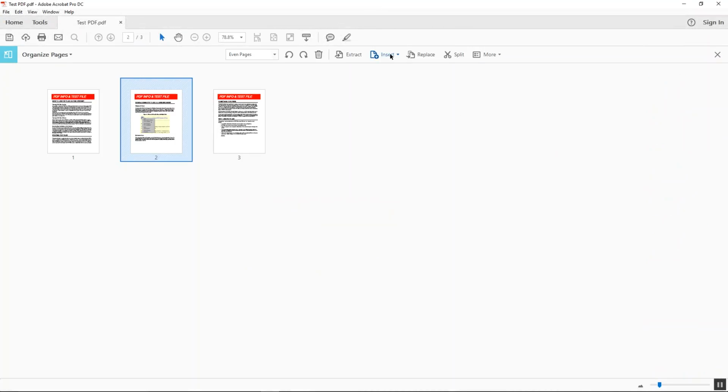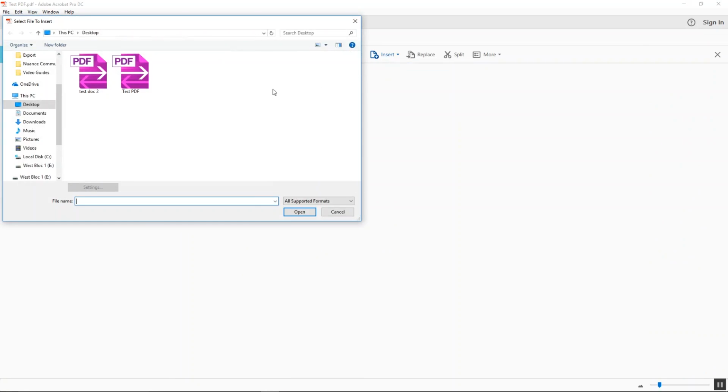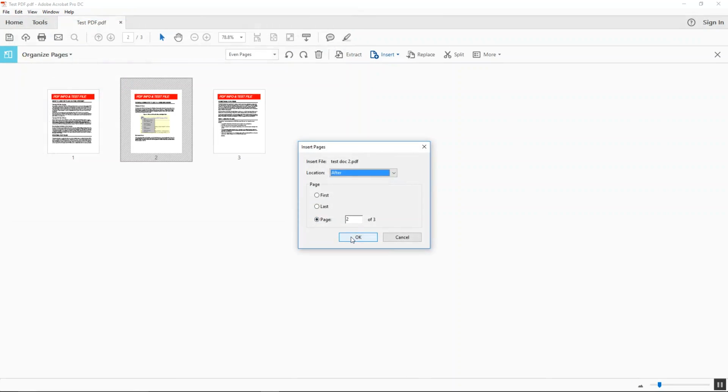Then to add a new document, we'll click Insert, and then From File. And then we'll select another PDF document that we want to add in with this one, and open it up. We can select where we want it to be placed,